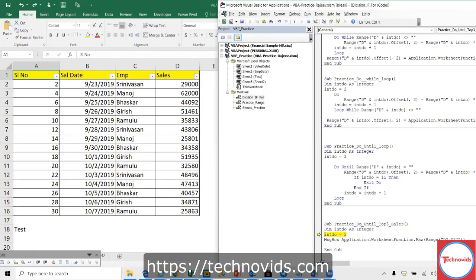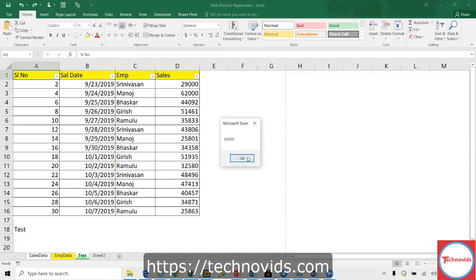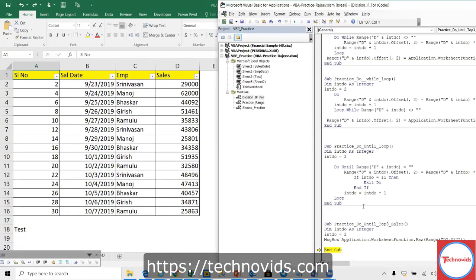F8, F8. So it gave me this one. Okay, so this is like your logic. For your logic, this will help to a certain extent. At least the first max we got. Now we have to apply logic to get the second max and third max, and so on. That's definitely good logic, but there should be a better way of doing it. We always have to see what's a better way.